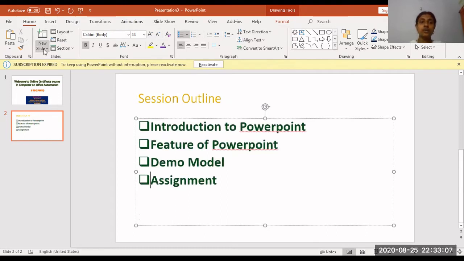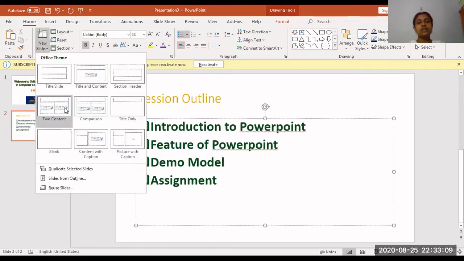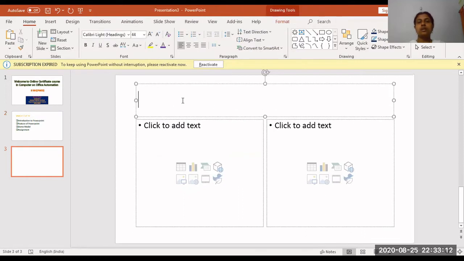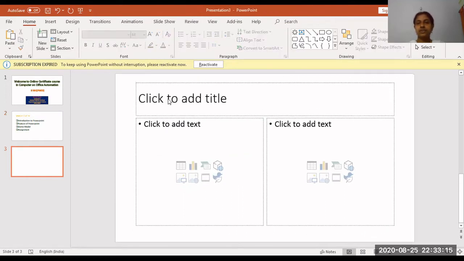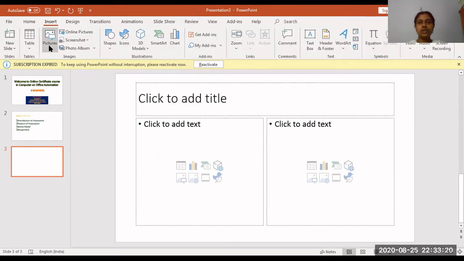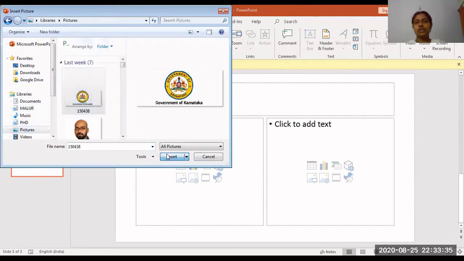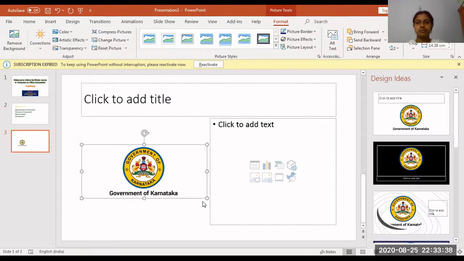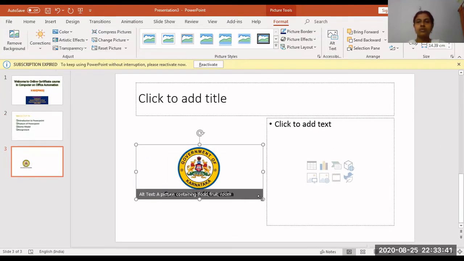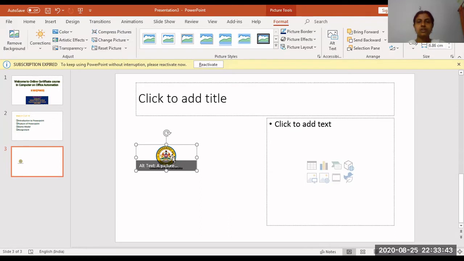For the next slide, I can go to slide. This time I'm selecting this option. Okay. Here, in case you want to insert some pictures, for that you go to insert. You have an option for inserting a picture, or you can take a screenshot of this area only and put it in, or from the album you can open and select. So here I can select, and I will go to pictures, and I have one logo here. I will place this logo as my picture. So I will place this picture.